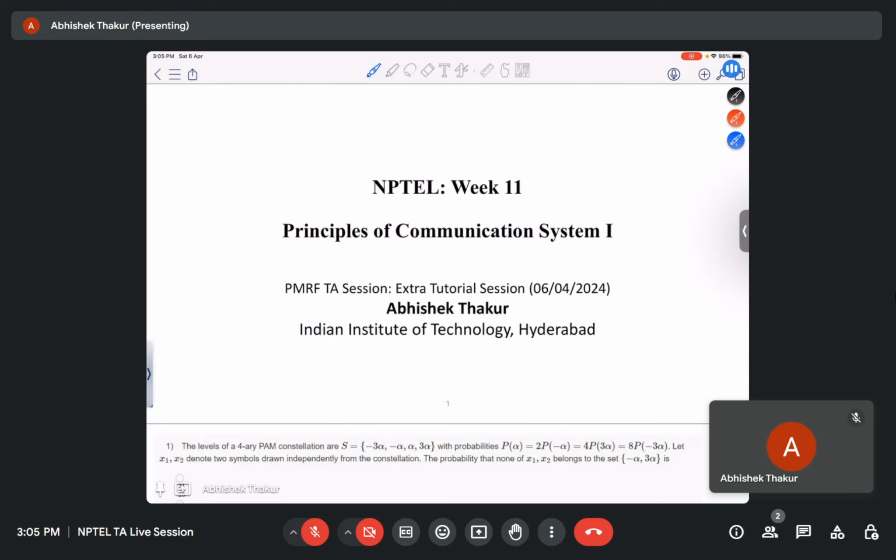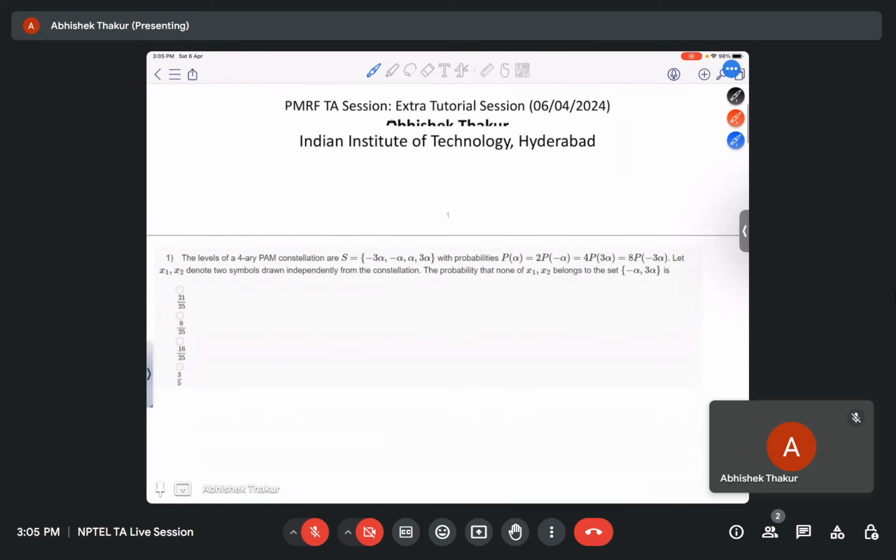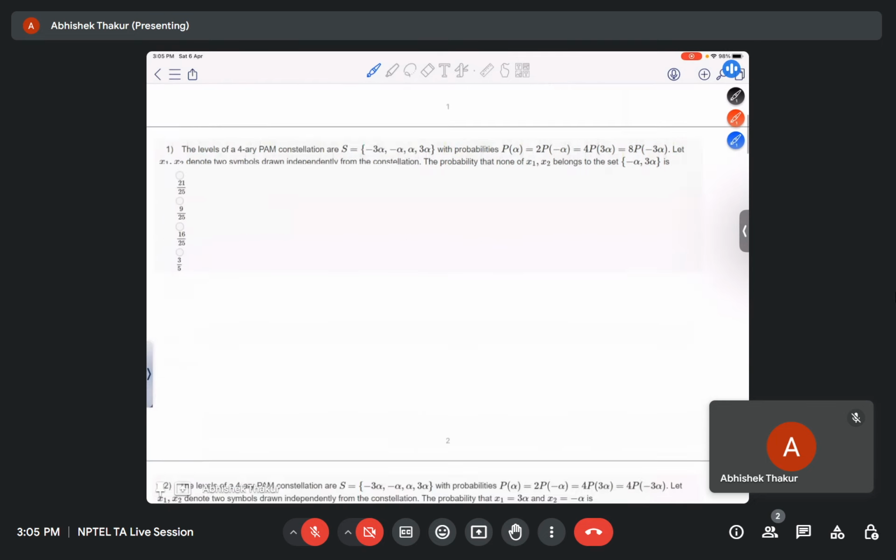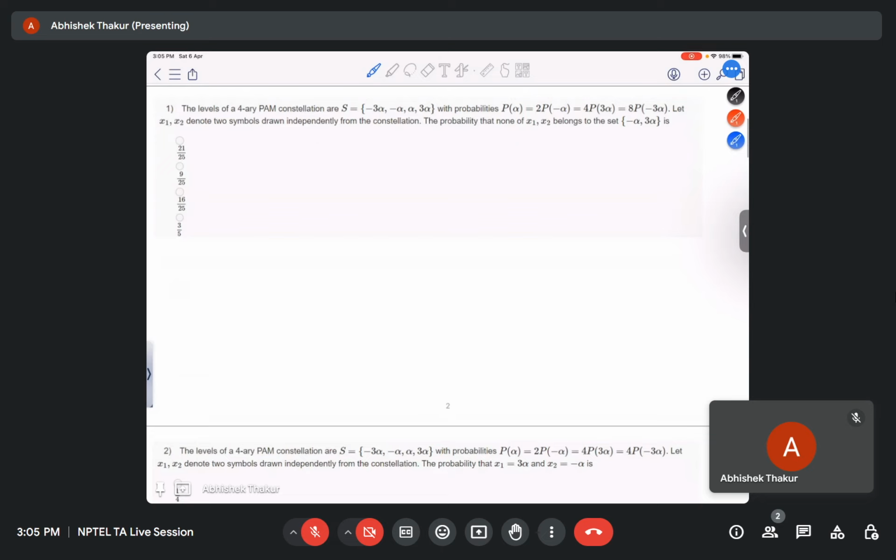The questions are basically from the basics of probability. So, coming to the first question, the levels of a four array PAM constellation are S is equal to minus 3 alpha, minus alpha, alpha, and 3 alpha. So the constellation of this PAM signal,